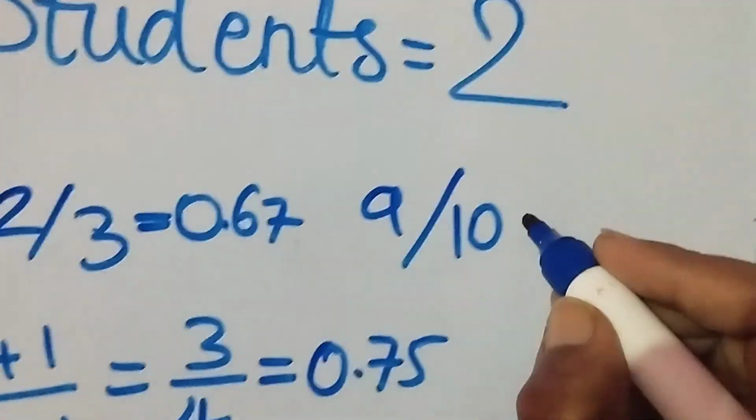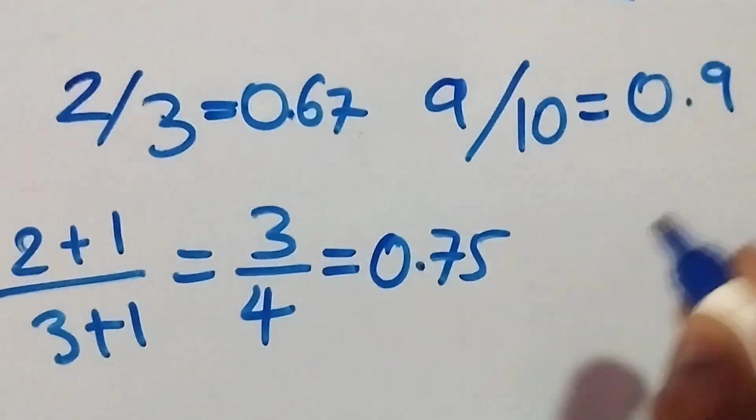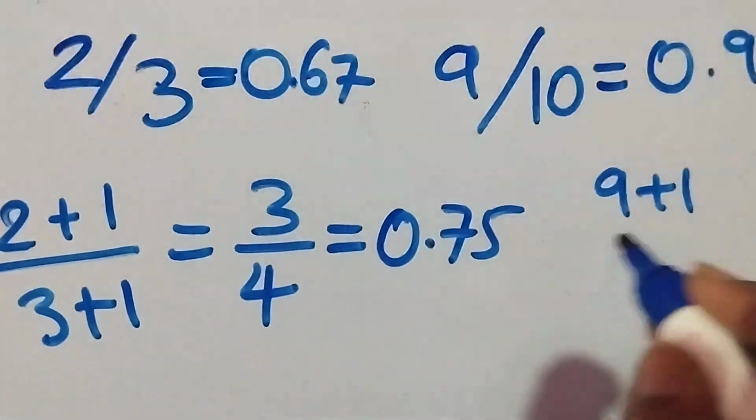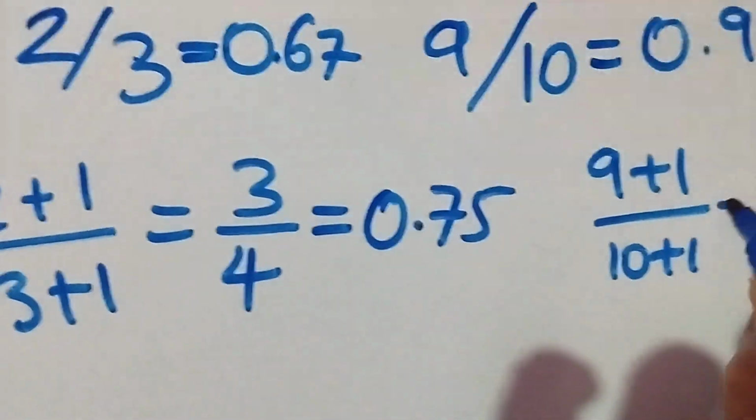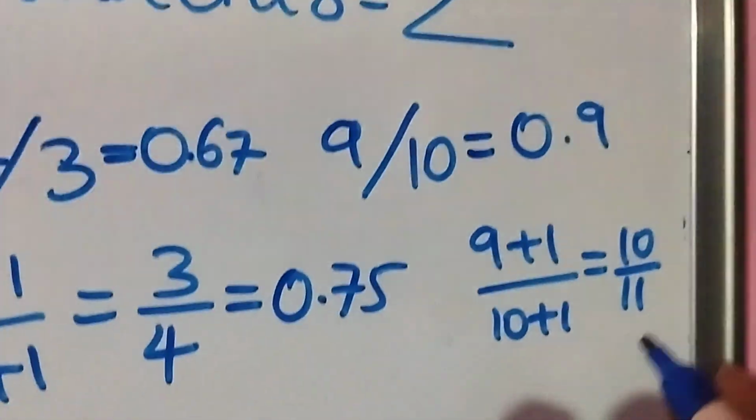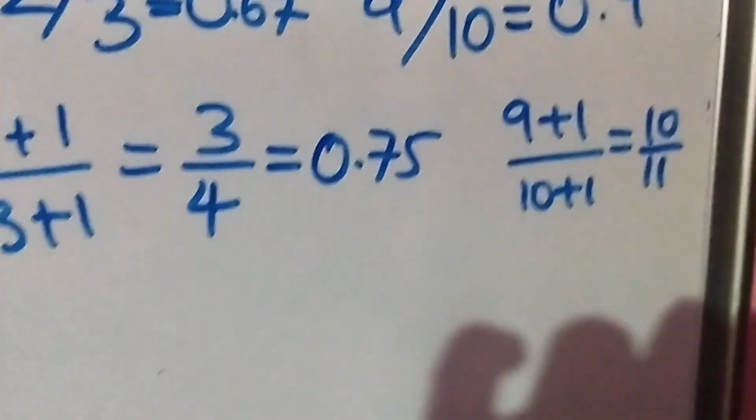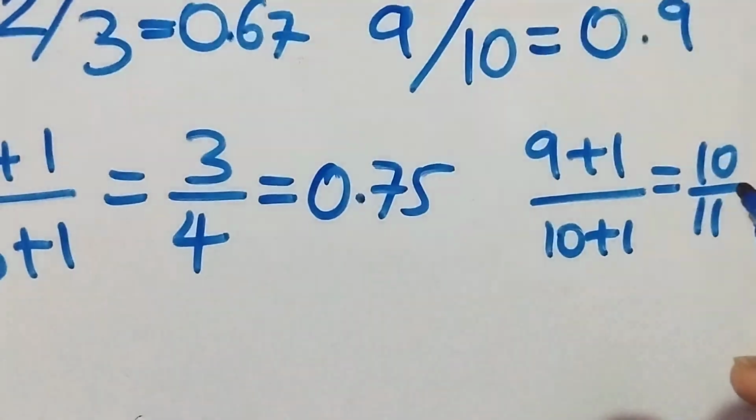And it was before 0.9, and after I add +1 it will become 10/11, it will change only